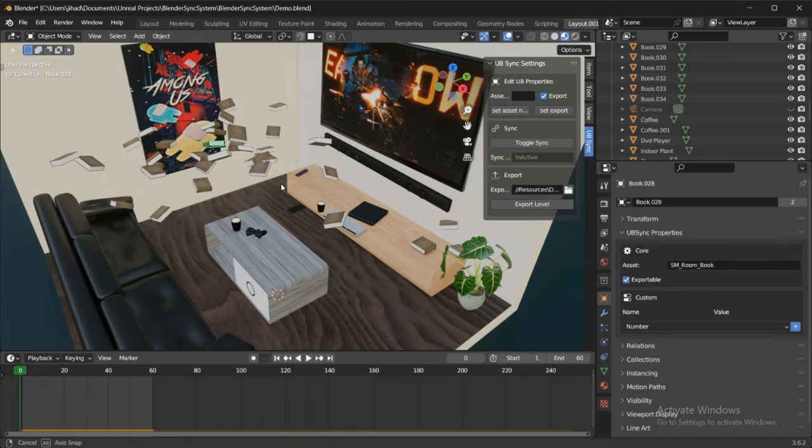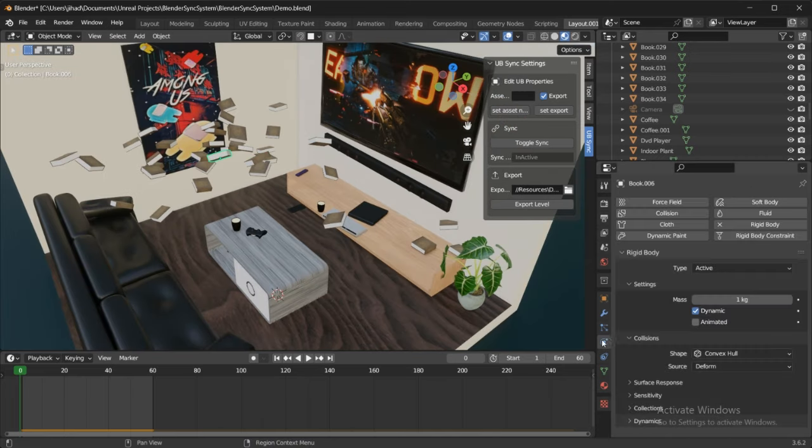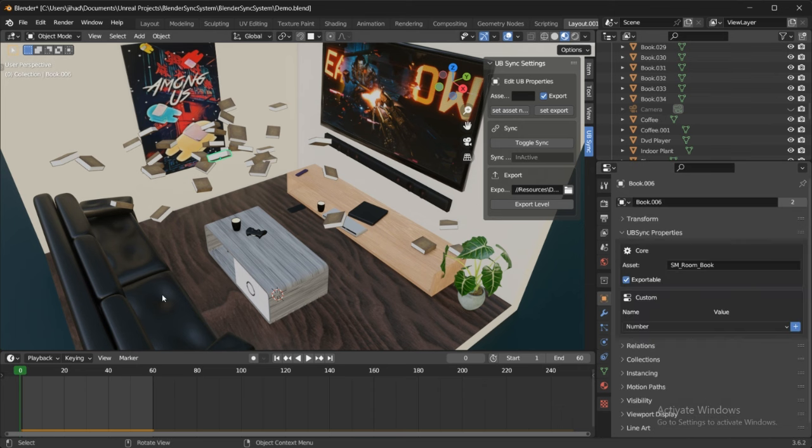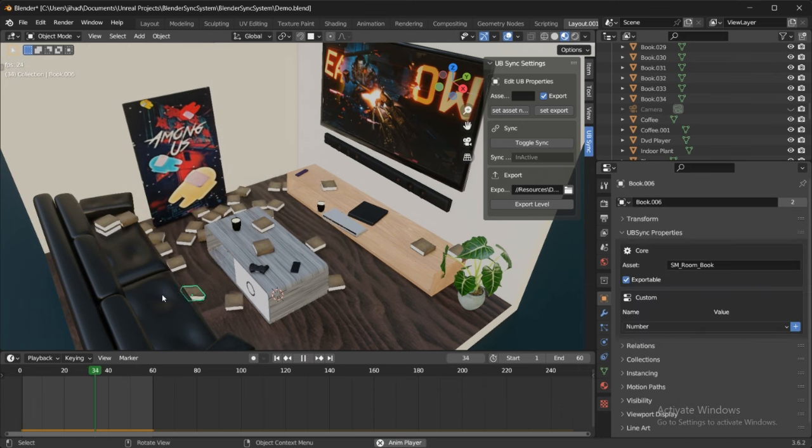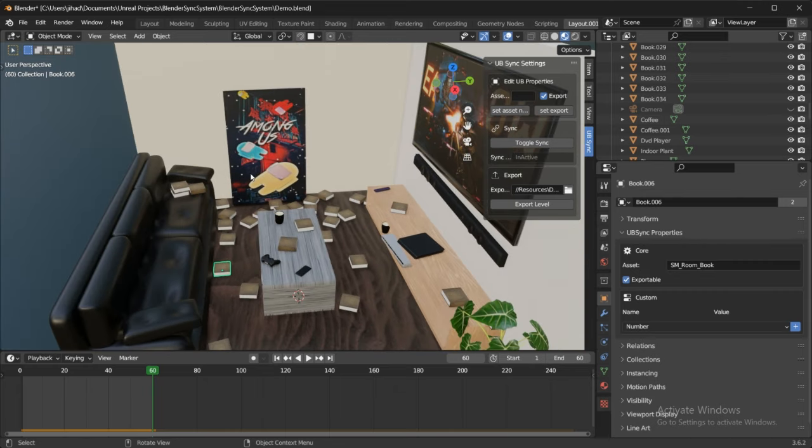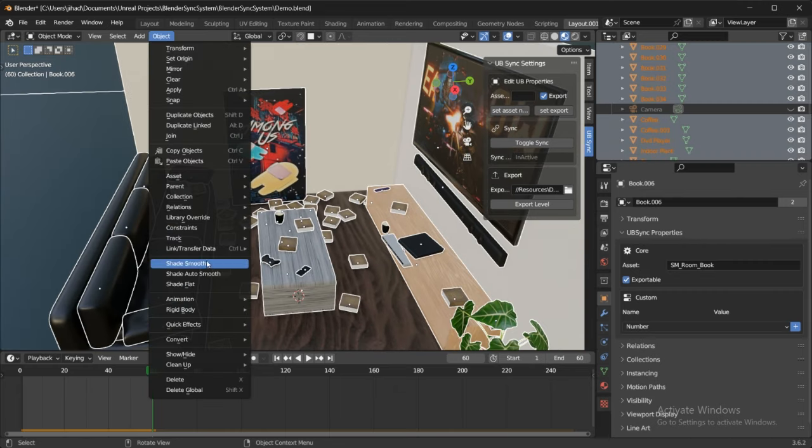As you can see here, I have added a couple books here and enabled rigid body physics on top of them. Now let's preview the animation first. As you can see, everything looks very natural, and when you are satisfied with how things look in this scene, you just have to select everything and then apply the transforms so it is available for the system to export,